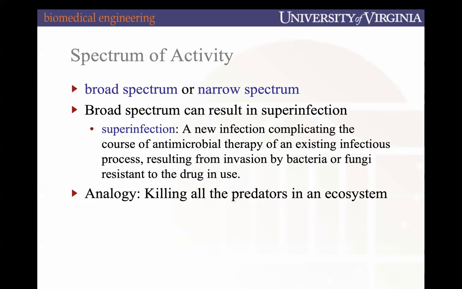So, for example, we talked beforehand about gram-negative versus gram-positive bacteria. So, one level of narrow spectrum antibiotics would be those that target either gram-negative or gram-positive. There are multiple levels at which they can focus in, but that's one way in which you can differentiate what antibiotic you'd want to use. The problem,